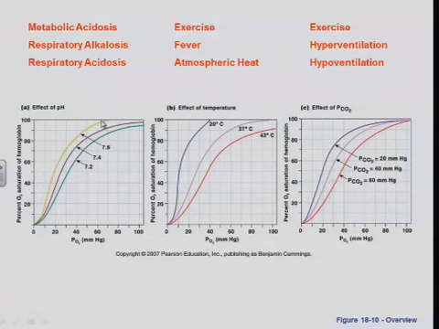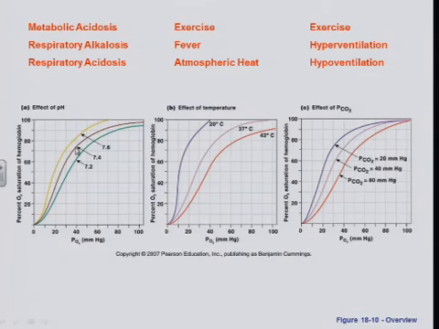So if we shift the curve to the left or to the right, we're still at 95% saturation, 95 to 100%. Very little effect on the alveolar end of this, but a huge effect when we talk about the tissue level. So at the tissue level, you can see the difference in saturation as we shift this curve left and right. Okay, so it's very important when we get to the tissues. That's why we talk about an oxygen dissociation curve. How does it dissociate from the hemoglobin?